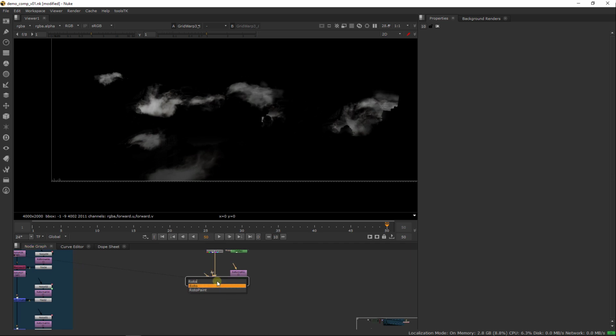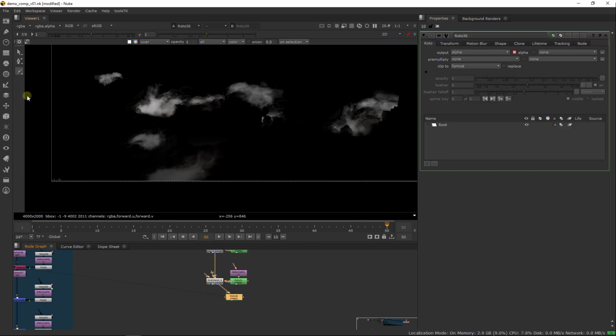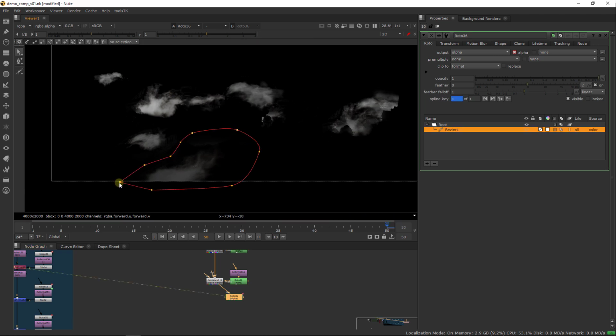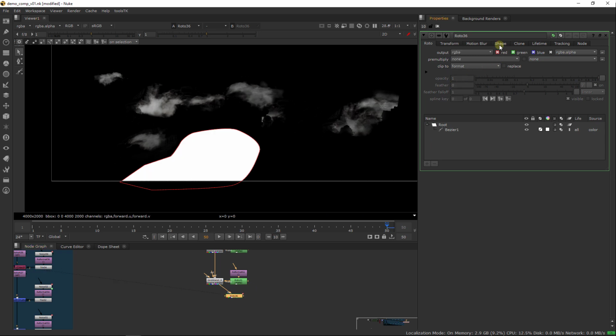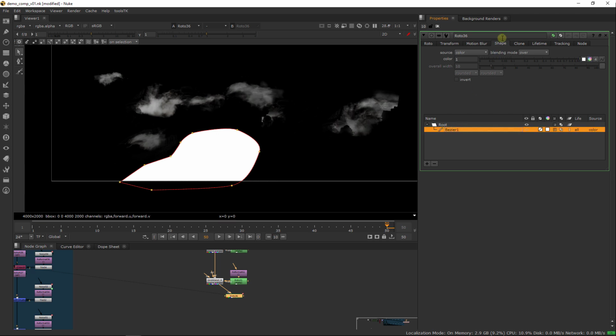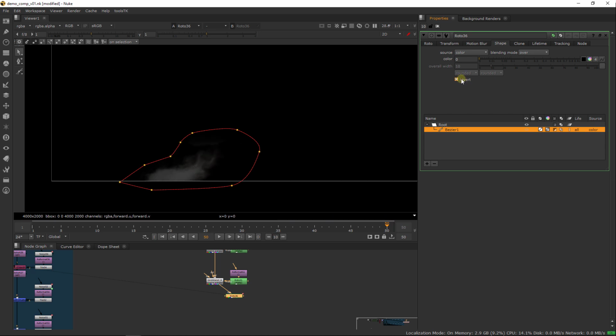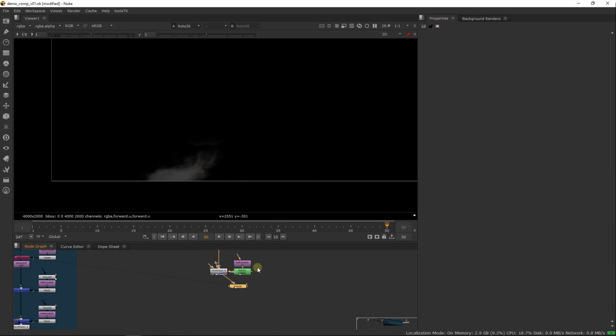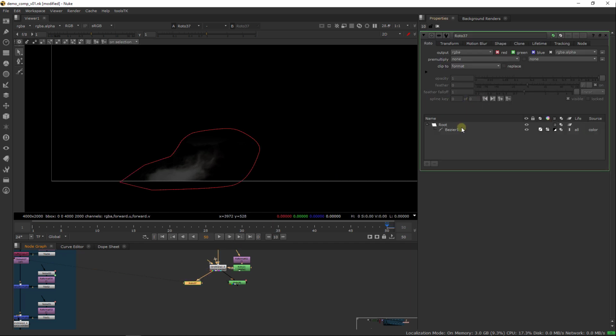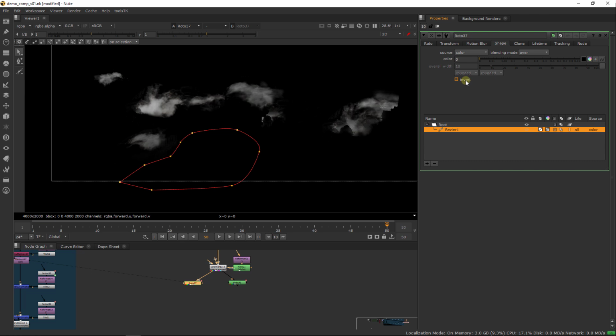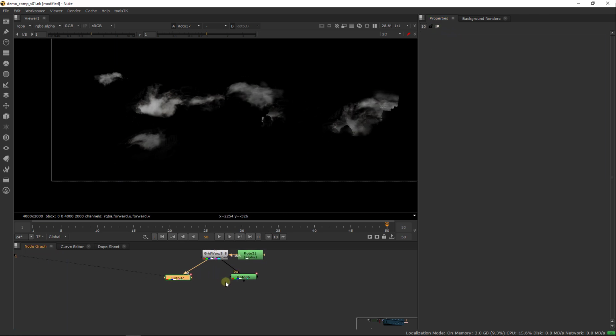And we're going to create a roto node and just roughly select this. And we'll set the output to RGBA. And here in the shape, we'll select color 0 and invert that. And here, we will do the opposite. And so this we will write out